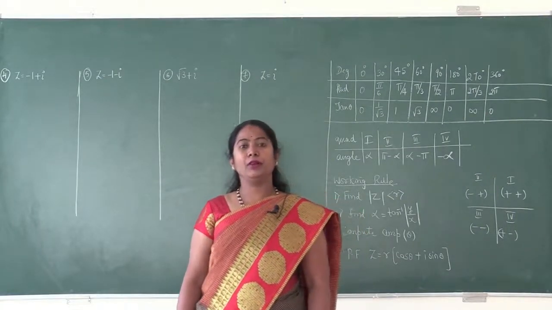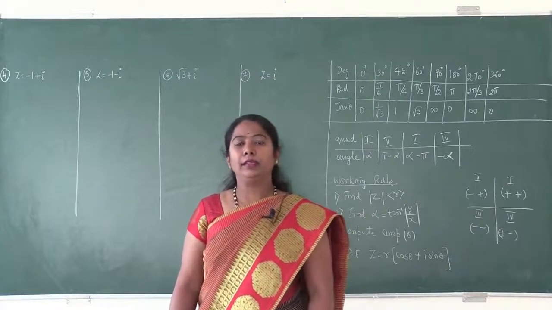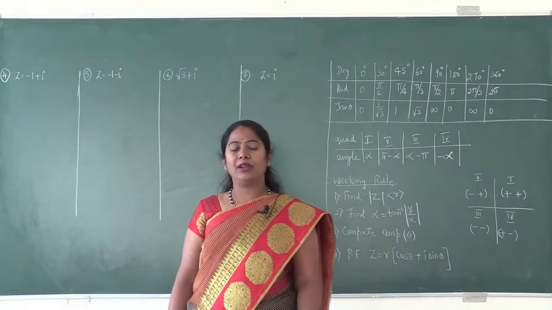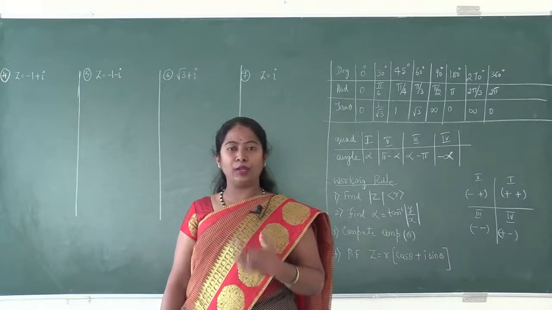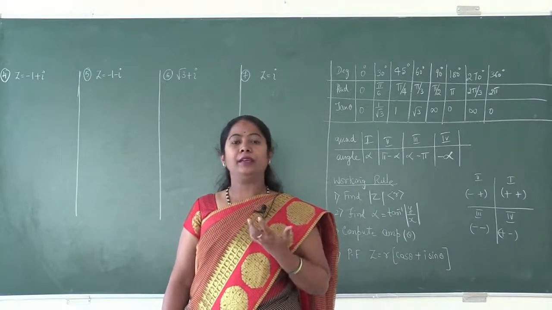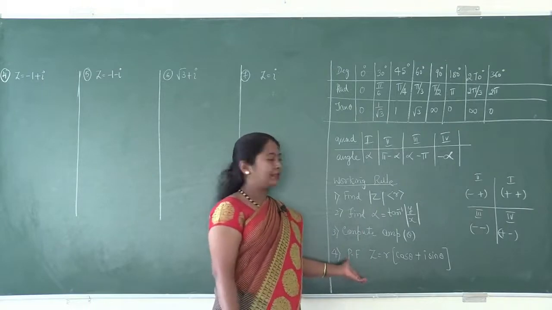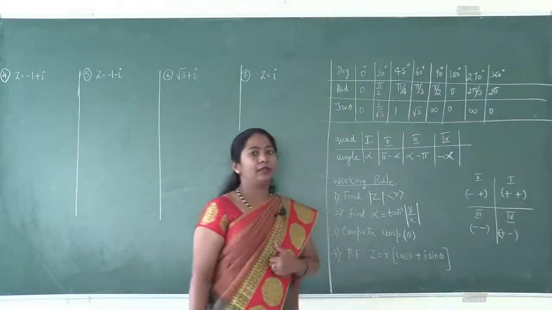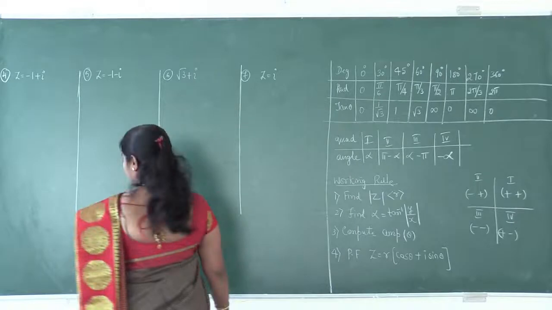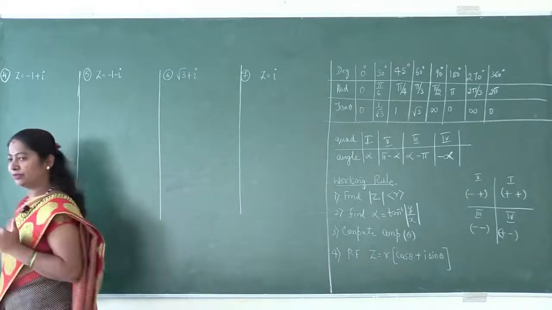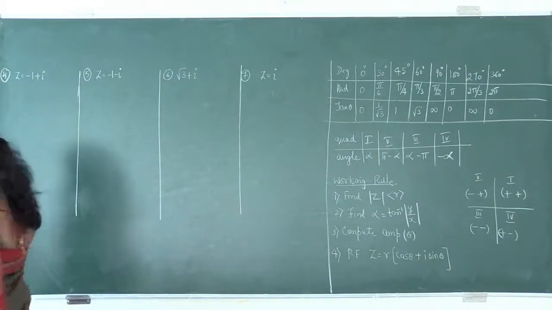Chapter name is complex number. In the previous session I had taught you how to express the complex number in polar form. So keeping these abstracts in mind, we shall proceed with the same type of problems. Now, in yesterday's class we had solved 3 problems, so today we shall continue with the 4th problem.